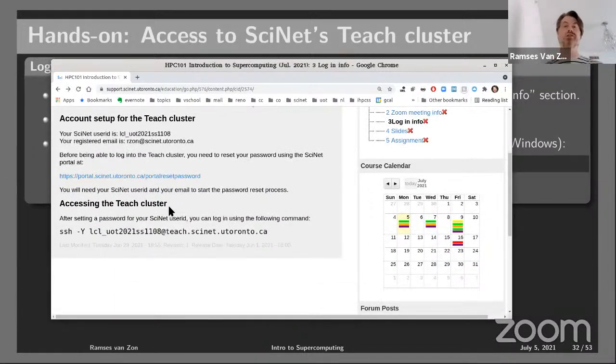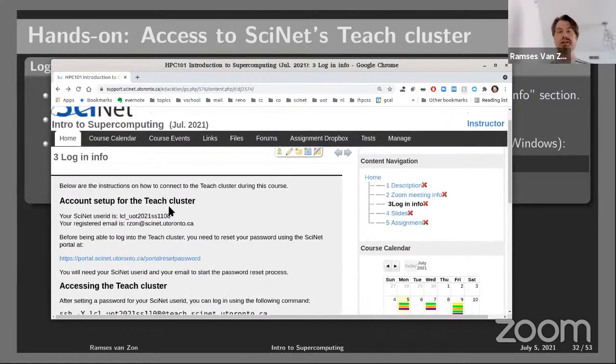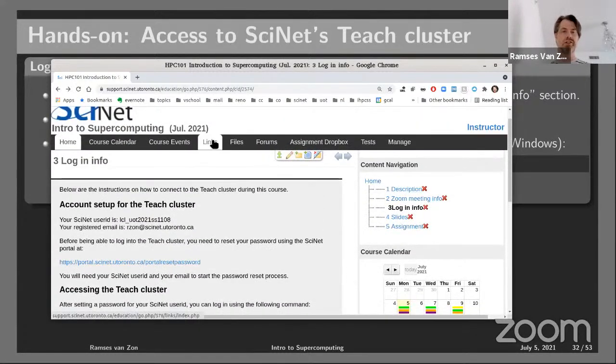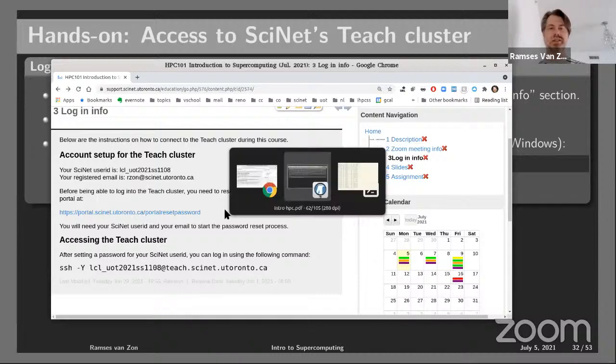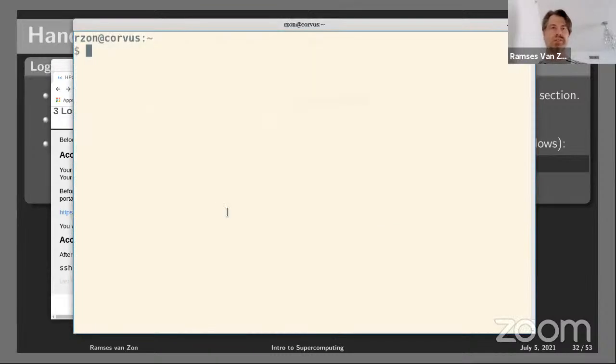Again, if you're on Windows and you don't have an SSH client, download MobaXterm. There's a bunch of links here too. If you click on the links, one of them I think goes to MobaXterm. Install it. If not, you can get a terminal. So something like that. This is my local terminal. This is the console, as it's sometimes called. And I can type SSH